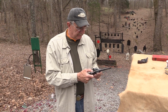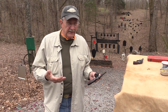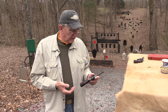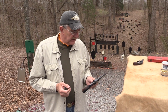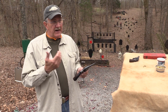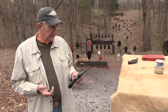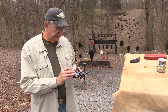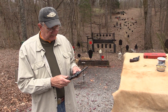And other than that, it was the same with the Colt single action. That's why they quit making it in 1940 or whenever it was, and then resumed afterwards in the 50s. But a lot of firearms maybe ceased production for a little bit. But these things have been getting cranked out ever since in some format. They were called the K-22 Masterpiece after the Outdoorsman, and then other models and barrel lengths and different configurations. But it's a pretty cool gun, and somebody will be lucky to own this thing, because it appears to